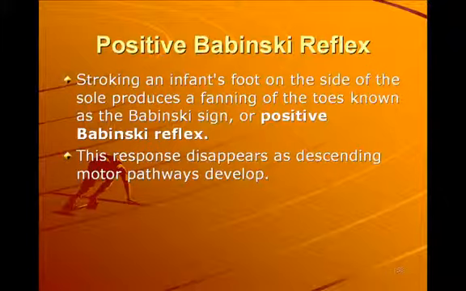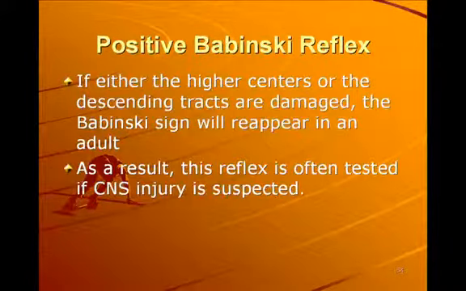Now, remember, children aren't walking early on. So those descending tracts, which carry motor innervation, have not fully developed in children yet. And we usually won't see that fully developed until about the age of 1.5 or 2 years old, when the child is then upright and begins to walk. At that point, you would start to see the child develop a negative Babinski reflex. If either of the higher centers of the descending tracts are damaged, the Babinski sign will appear in an adult. Again, this is abnormal. As a result, this reflex is often tested for central nervous system